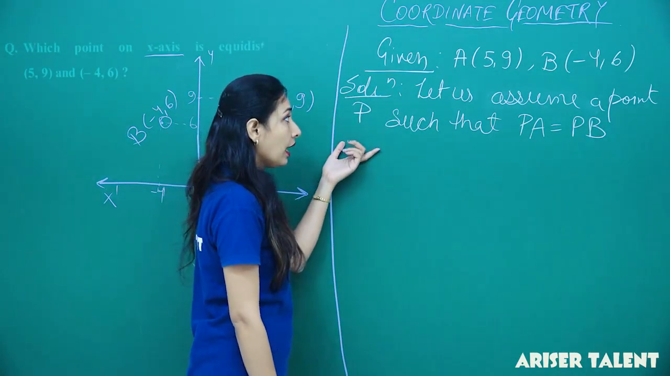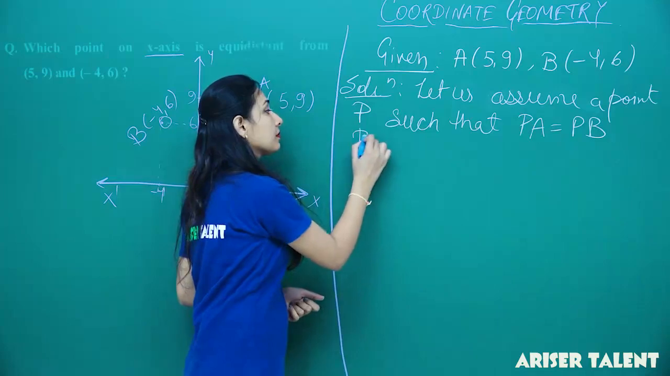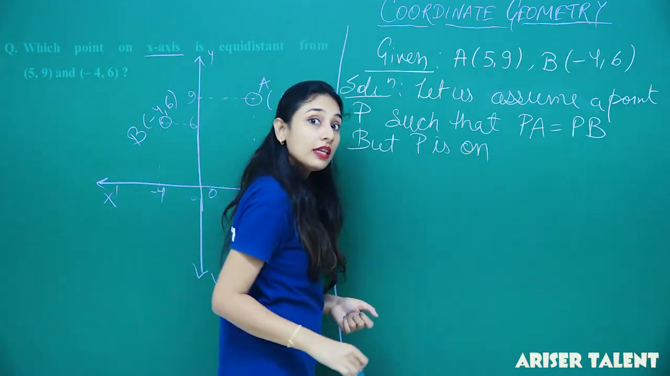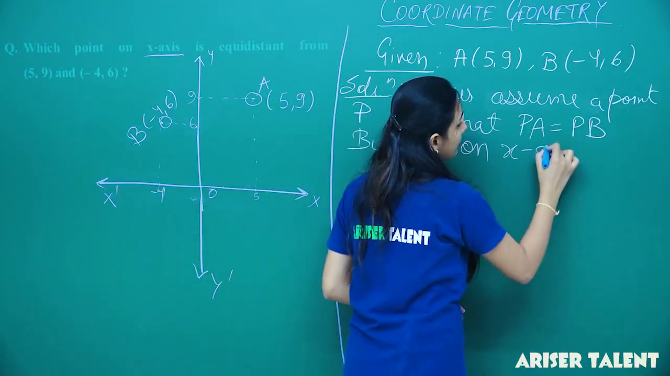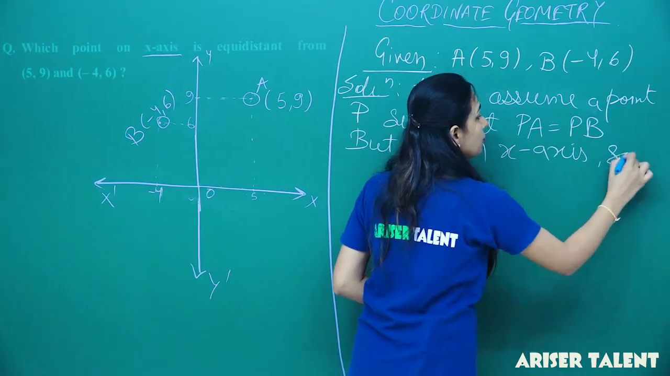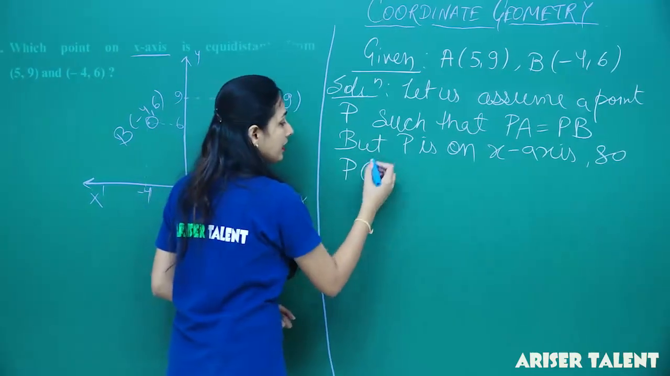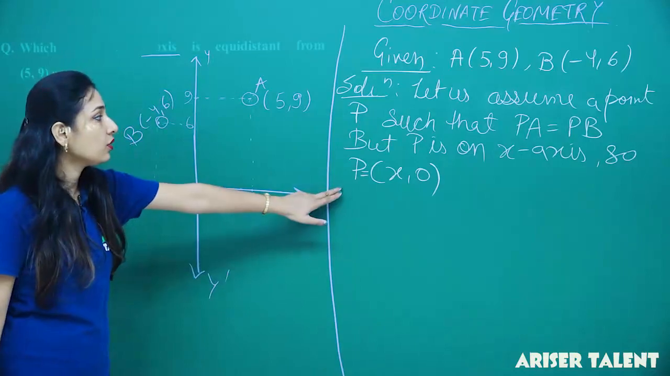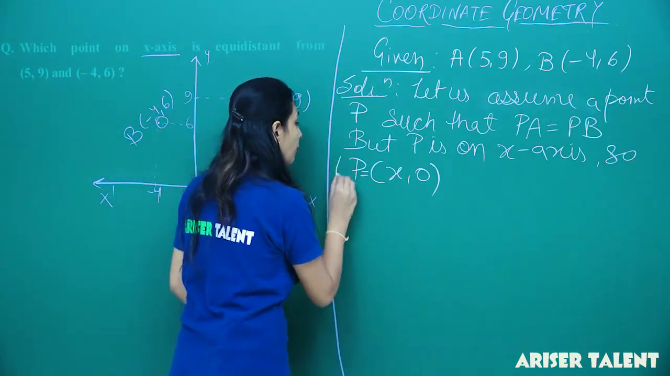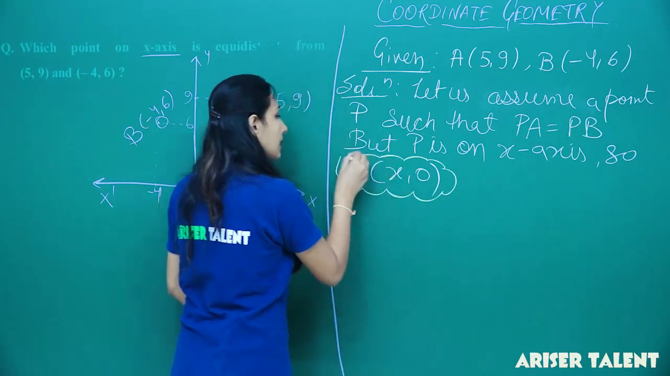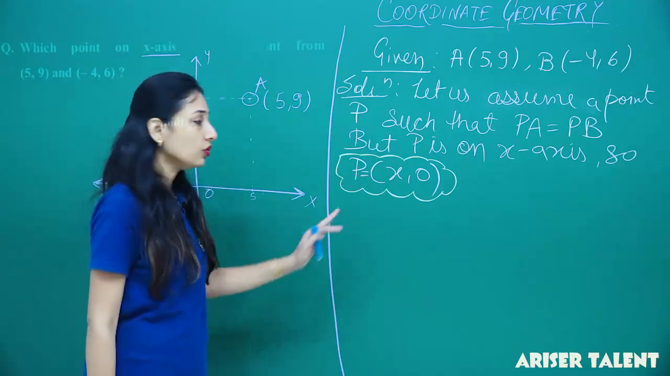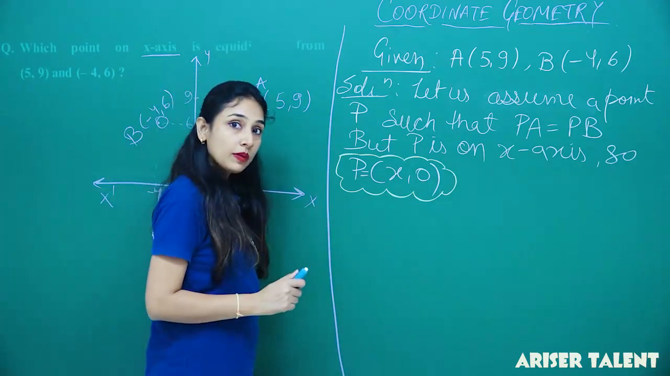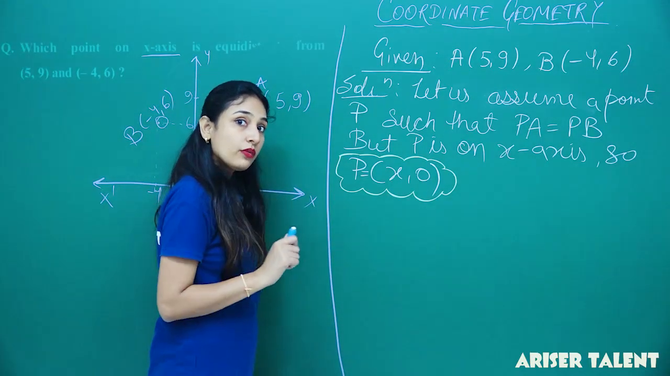So, if it's so, but P is on the x-axis. So, P is equal to x comma 0. So, P is equal to x comma 0. Why is P equal to x comma 0? Because it is situated on the x-axis. So, the ordinate will be 0. Right. So, if PA equals PB, if PA equals PB,